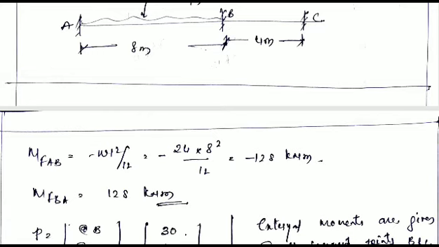While in between BC there are no external loads given. Therefore the fixed end moment at B joint for member BC, as well as the fixed end moment at C joint for member BC, will be 0. Now we need to calculate the value of P and PL.